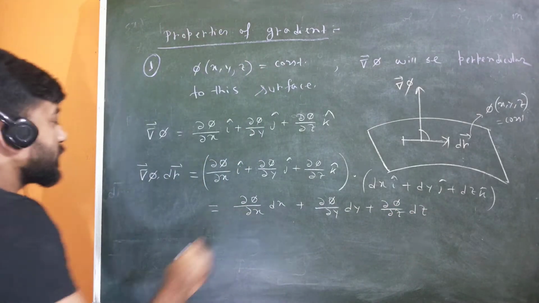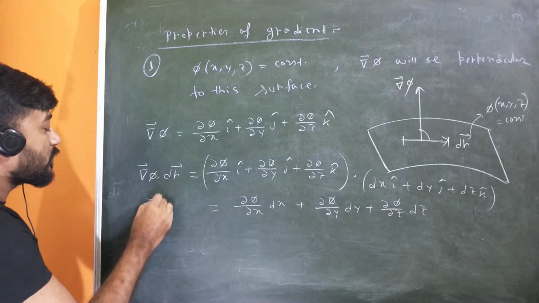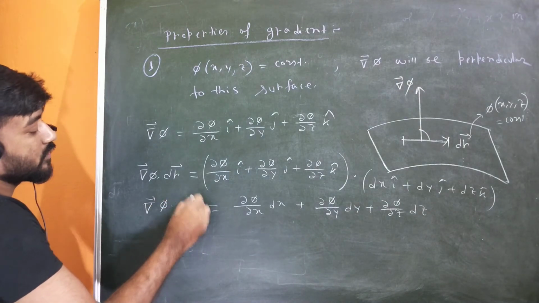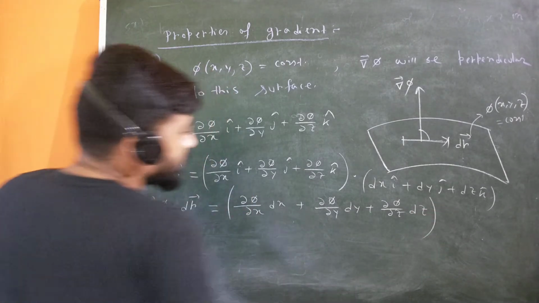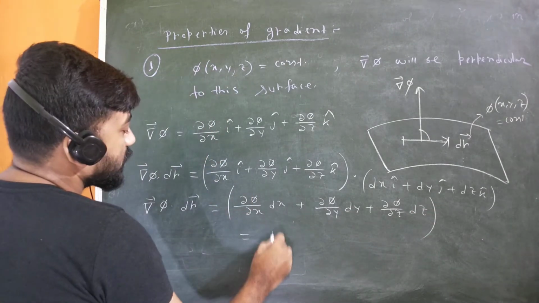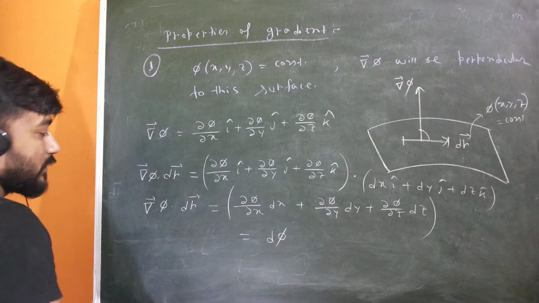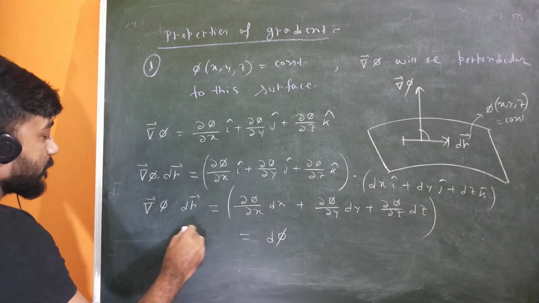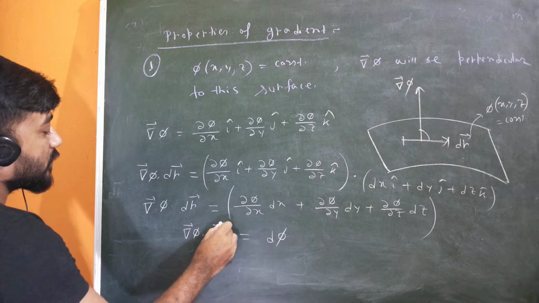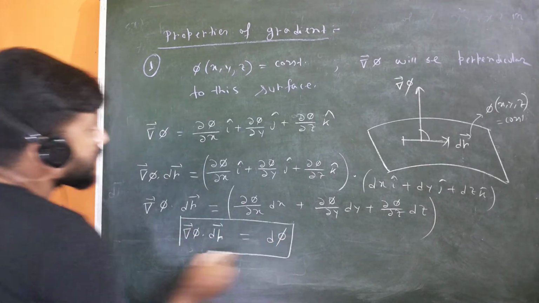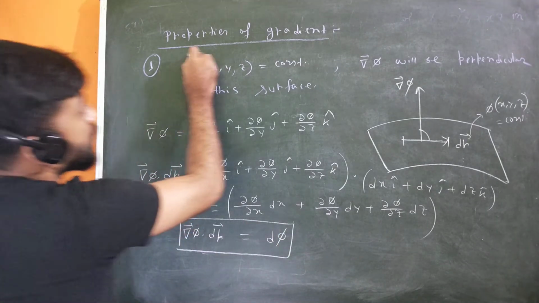And you know what this is. If you have a little knowledge about partial differentiation, then obviously you know that this is just the total differentiation of phi, or you are going to write it like d phi. So grad phi dot dr is nothing but d phi, and obviously from the definition of the level surface,